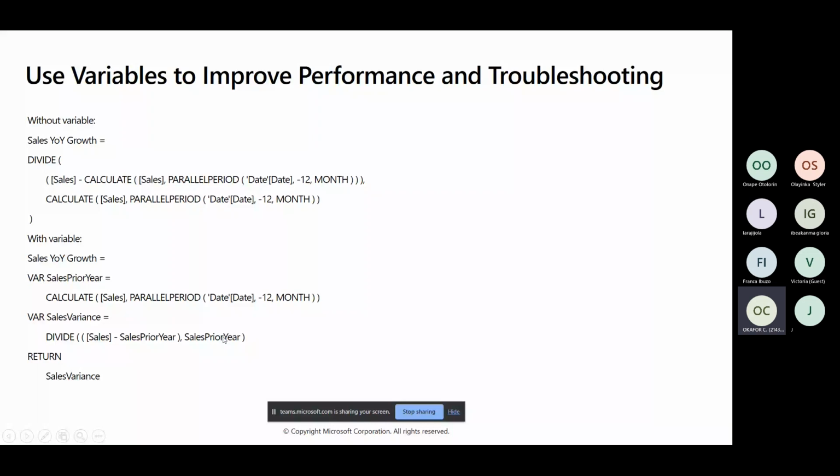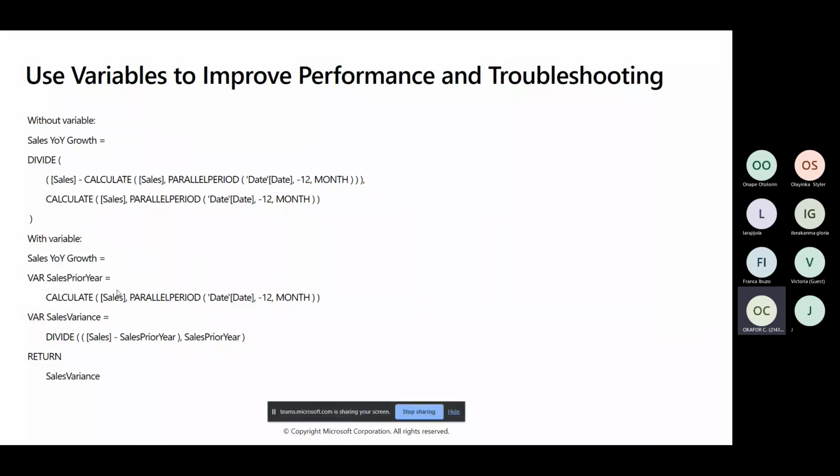Now, if you look at this new line of calculations that I have, it's easier to comprehend. I mean, for some people that don't like mathematics, looking at this is better for you than looking at the first DAX. Now, for human beings, it's even easier for us to comprehend what's happening here. It also helps Power BI to understand, okay, instead of having to do all this calculation at once, I can break it down and take it one after the other. Whatever output I get from my variable, I simply replace it in the main calculation